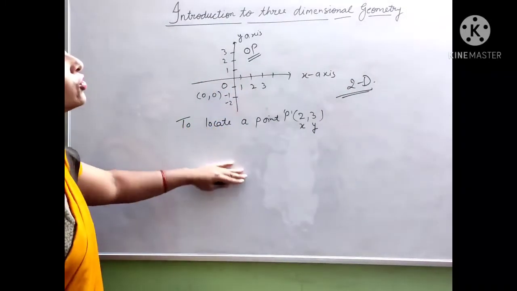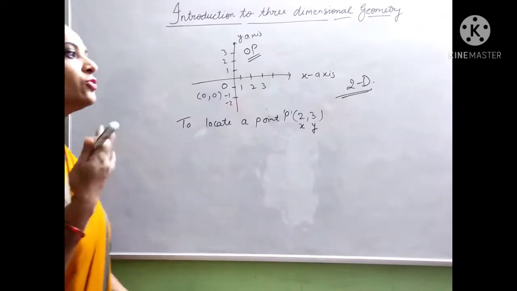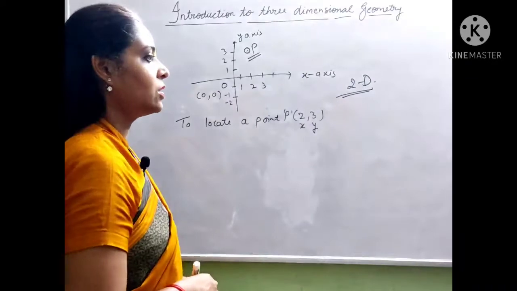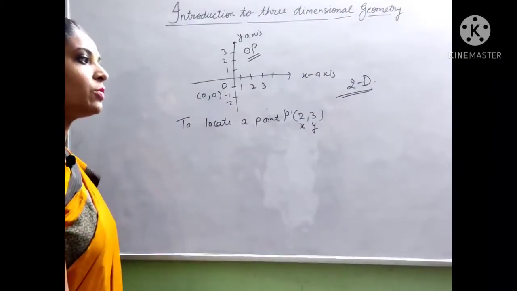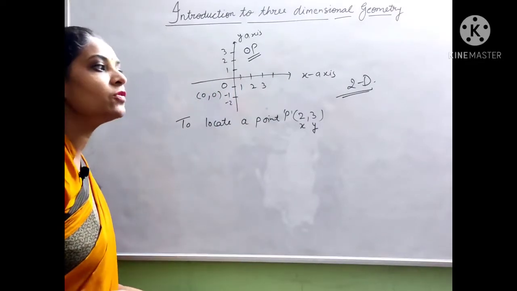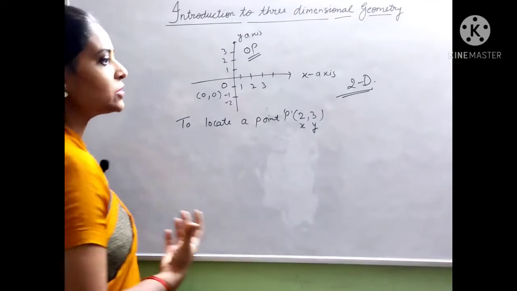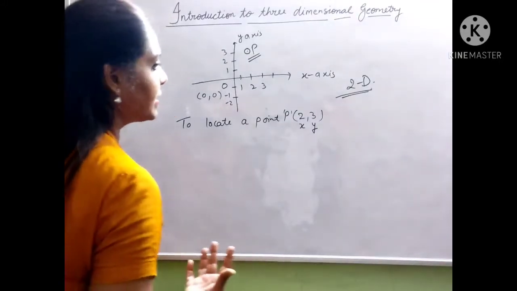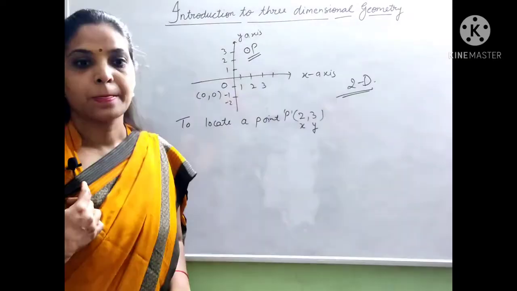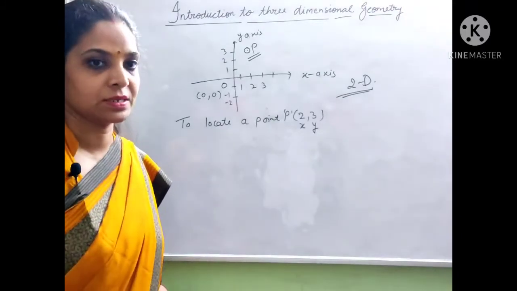But we have to learn three-dimensional geometry. In actual life, we do not deal only with points lying in the 2D plane. For example, consider the position of a ball thrown in space at different points of time, or the position of an aeroplane as it flies from one place to another at different times during its flight. How could it be done? So now we have to locate a point in space.